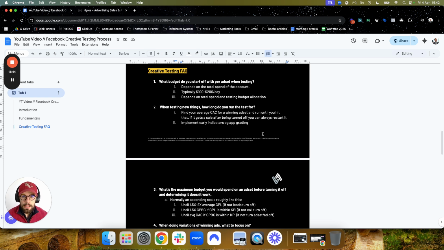So the first one is, what budget do you start off with per ad set? This depends on the total spend of the account. Really, when I look at this, there's 2 things that I take into account. The first is how much of the overall account spend is this going to make up. So I'd really want to keep testing below 20% ideally. Again, if you're just launching an account, obviously 100% of what you launch is going to be testing. So over time, you should work to have it be 80-20, between 80% winning, scaling ad sets,